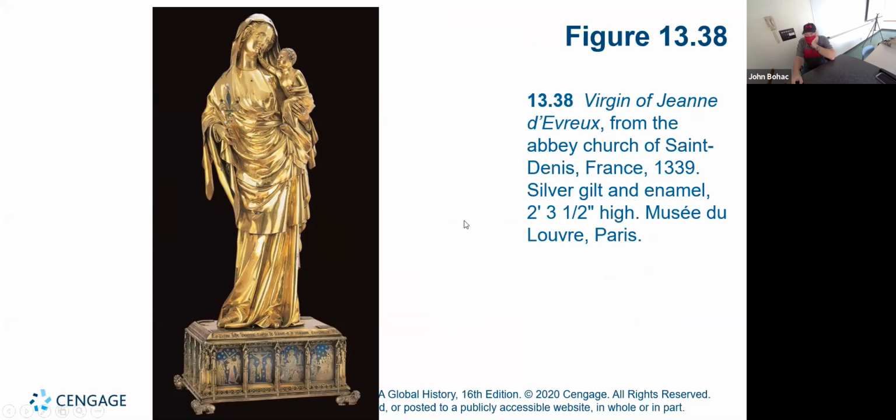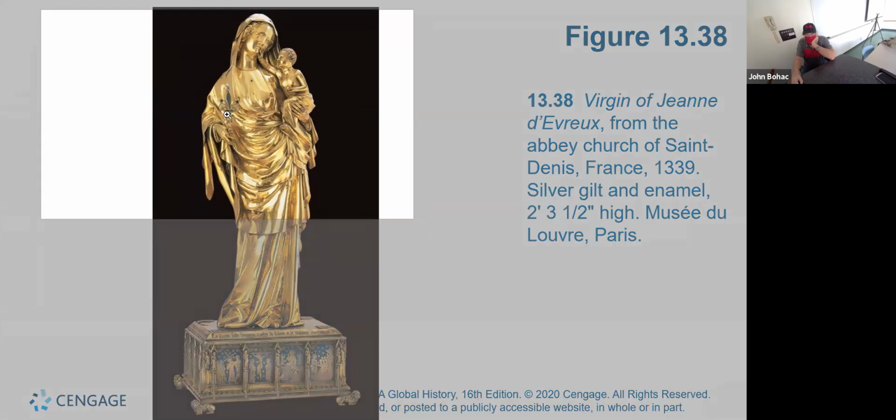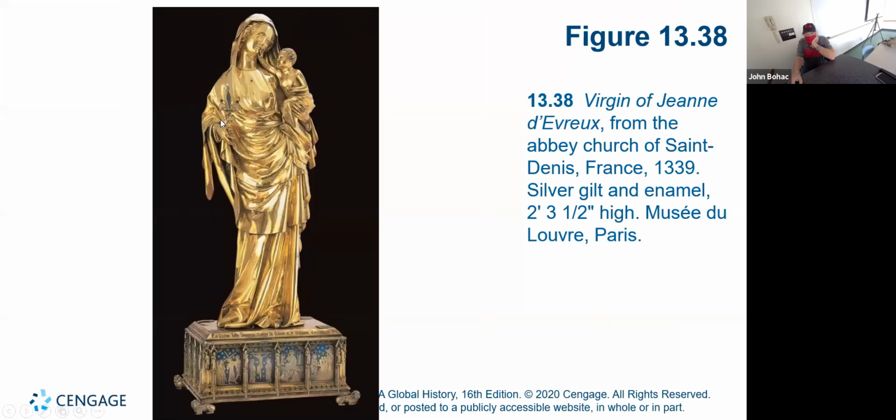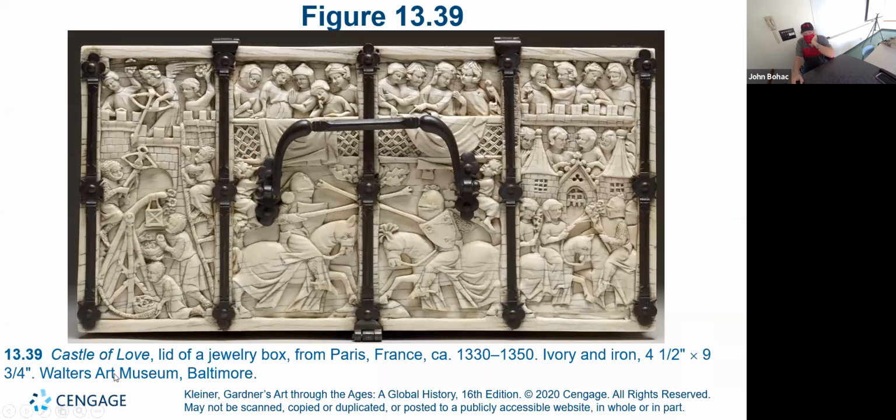And this is from the Abbey of Saint Denis. Again, Christ child, Virgin, and well, there's that fleur-de-lis, that lily that we were talking about, the symbol of purity, and it is associated with Mary, the mother of Christ. Castle of Love. And what's going on in the government? This is really kind of interesting too. This is